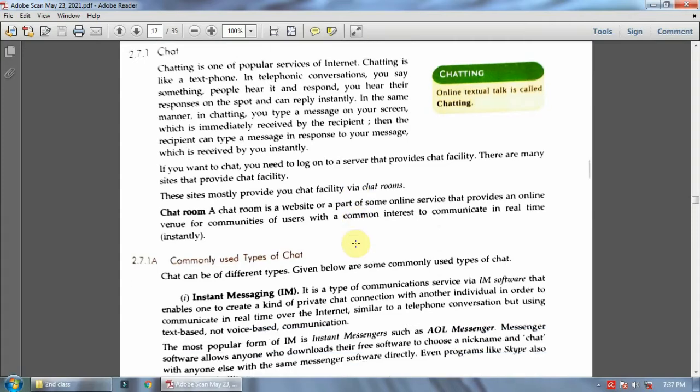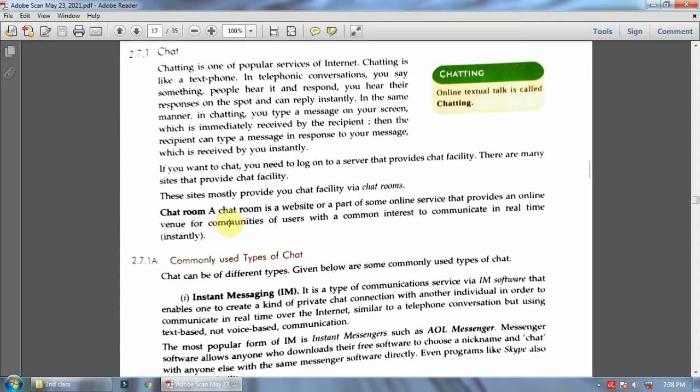But chat room, earlier there were chat rooms. Nowadays I don't think chat rooms are there. A chat room, you can say, is a kind of group. You have different groups, and you have groups in Facebook also where you can talk with people. So earlier, before Google was invented, there was Yahoo, and one service of Yahoo was Yahoo Messenger.